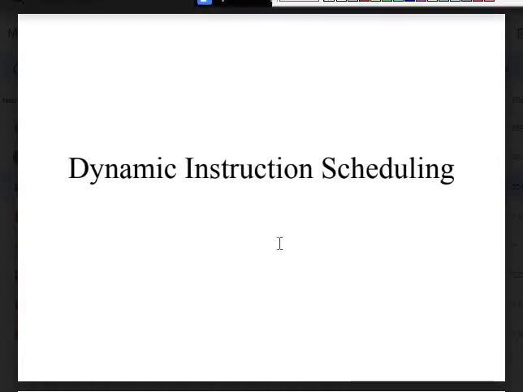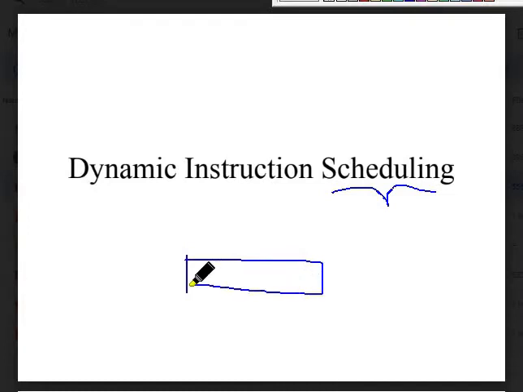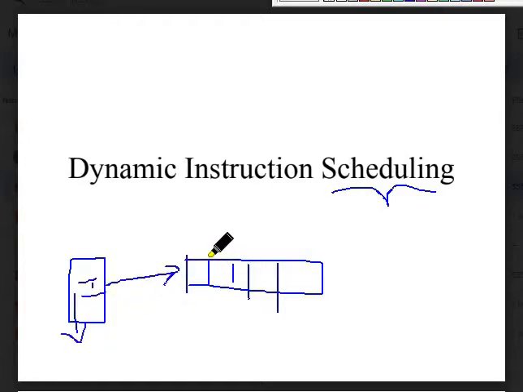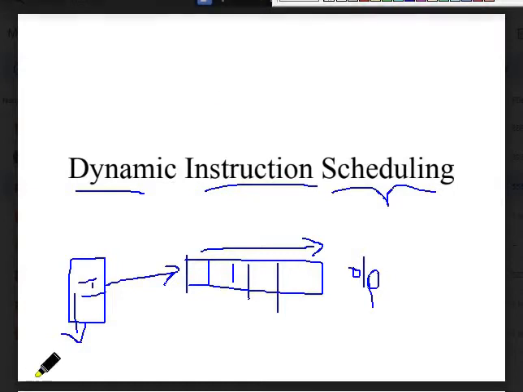Scheduling means there will be a pipeline with many stages. There will be a bunch of instructions, so we have to send the instructions in some order so that they pass through this pipeline to get output. This is our purpose. We are doing this scheduling dynamically, in the sense that based upon the scenario we have to decide.